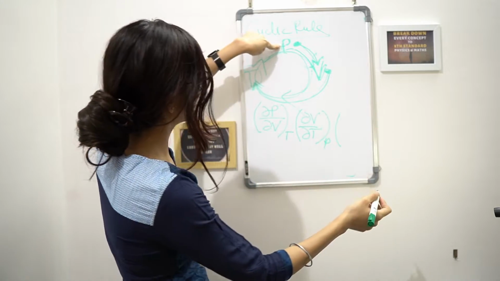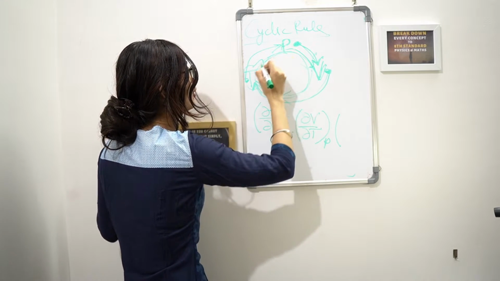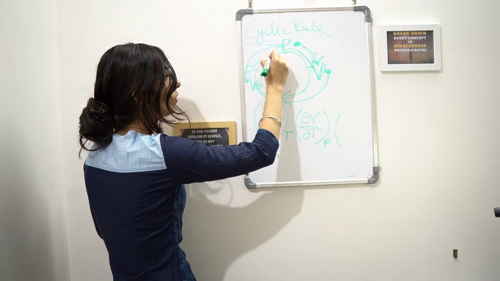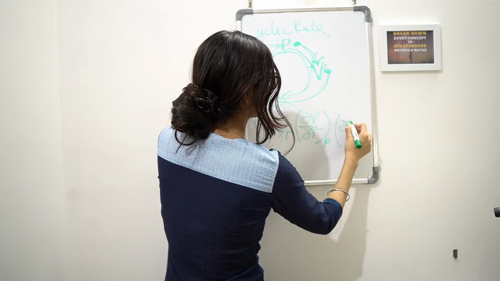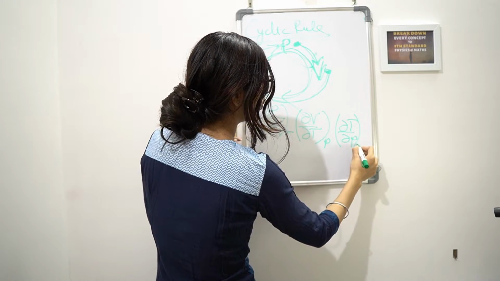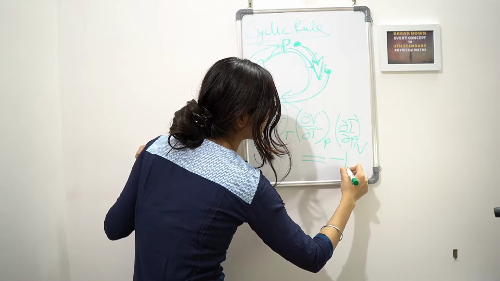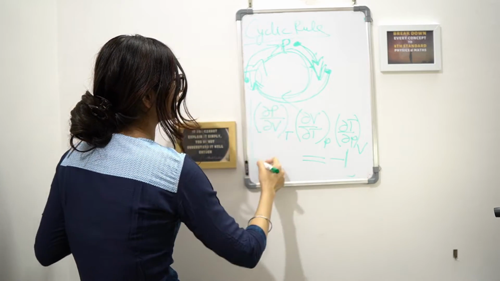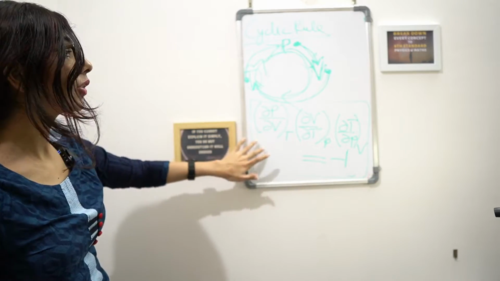Fine. So again, one more thing. Since I reached here, I'll be moving from here to here, from T to P. So how to write it? I started from T, so I can write it like this: del T by del P, keeping volume constant, the other variable constant, and that would be always equal to 1, guys. So this is the cyclic rule. It's so simple. Fine, this is how you can write it.